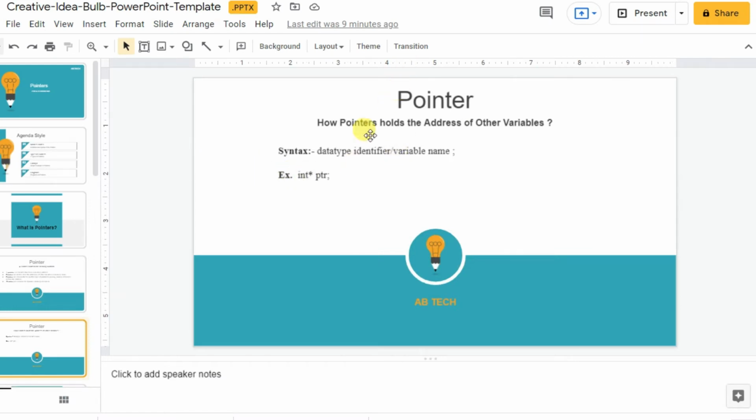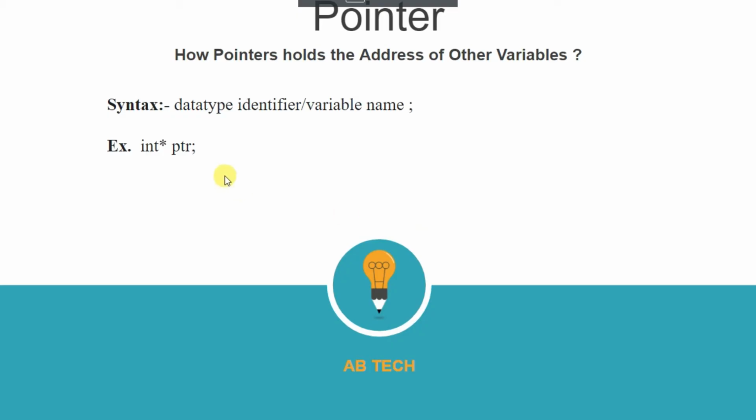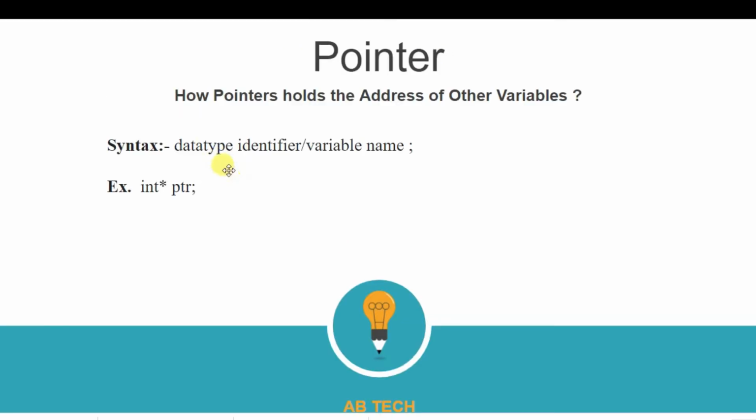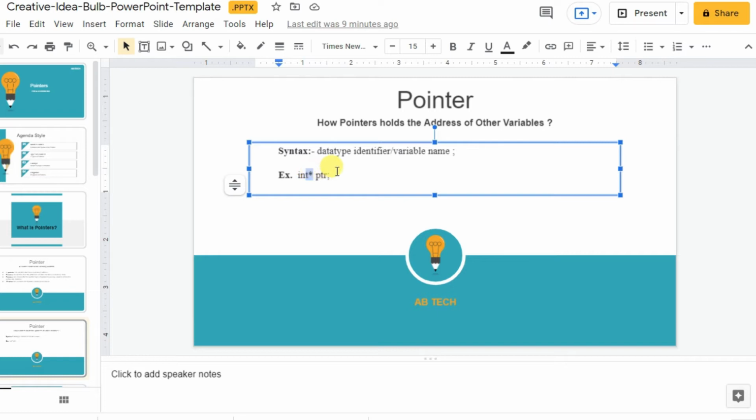Some of the students may ask me the question, sir, this is one way of representing the pointer. What is the other way of declaring the pointer? Because you can see this star is attached to the data type, not to the variable. Okay, so both the declarations are valid, so you can write like this also. There is no need to be confused, both the declarations are valid. Even if you attach the asterisk sign to the data type, it's allowed. Even if you attach the asterisk sign to the variable, it's also allowed. Okay, so this is how you normally create the pointer.